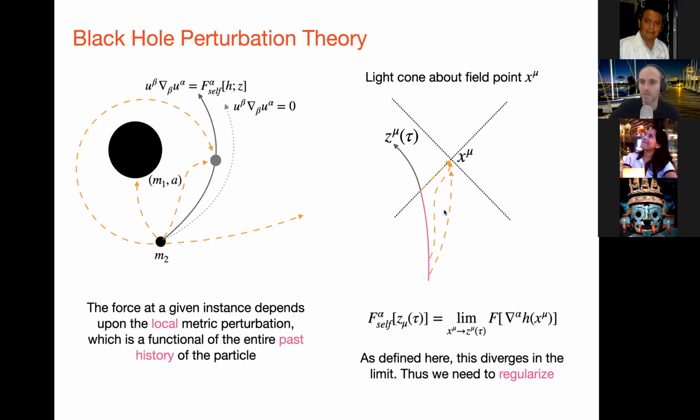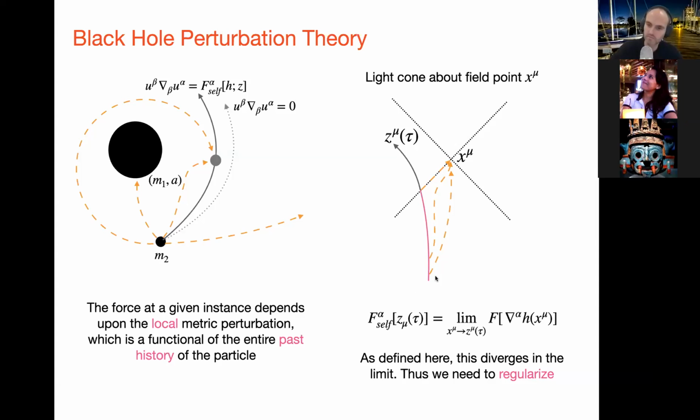This is something that doesn't happen in the flat spacetime case, where we don't have support here from perturbations that have traveled along the light cone. But because we're in curved spacetime, we have support as well on the interior of the light cone. Now here this is fine, but as we've set things up with a point particle, if you actually now take the limit of this field point goes to the world line, which corresponds to calculating the force at the body itself at some later time, you'll find this diverges, and there's a need then to regularize the equations.